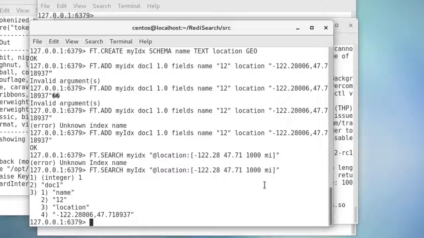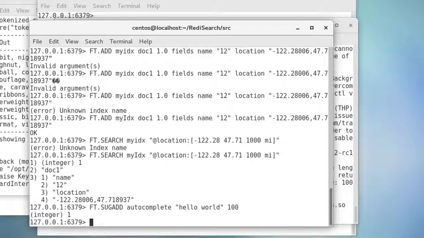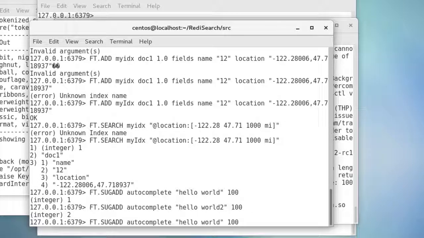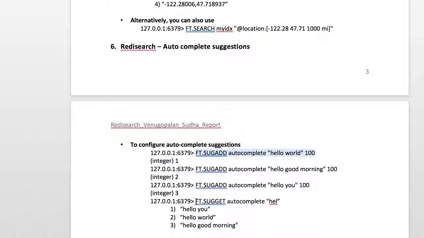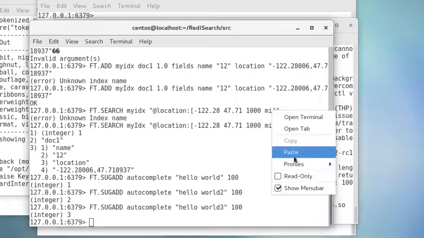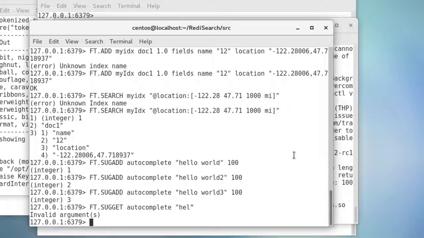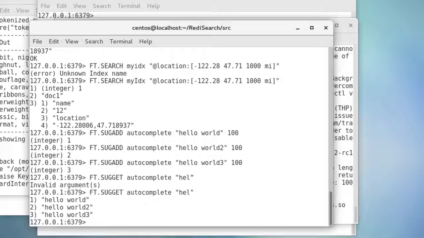So if I now were going to add autocomplete suggestions like hello world, hello world 2, hello world 3, I can create fuzzy logic on this, or I can do an exact phrase match and get autocomplete suggestions. If a customer just typed HE or HEL, you can get all the autocomplete suggestions that will work with HEL. You see, this is quite useful when you have to pull down a drop down based on what the